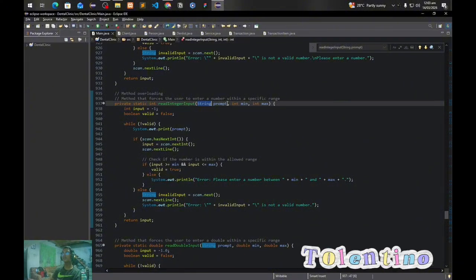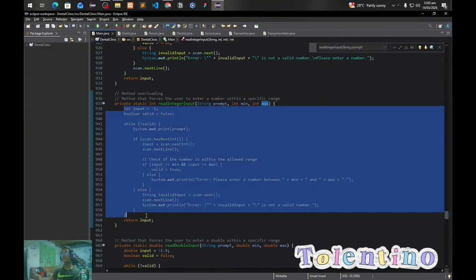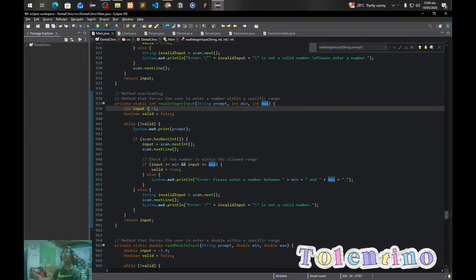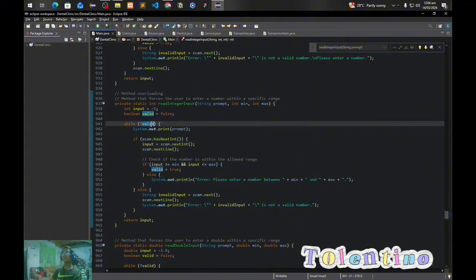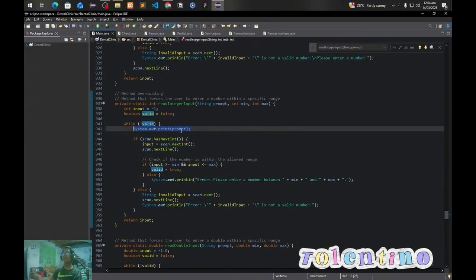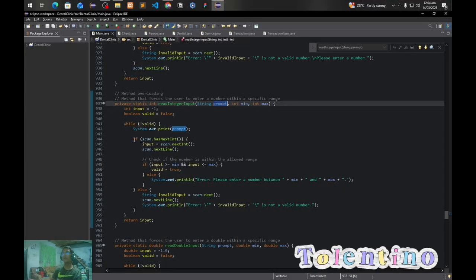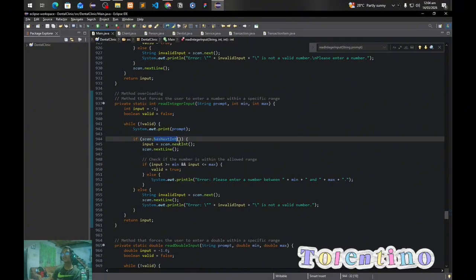which accept a string and two integer variables. So the content of this method is same as the first read integer input method. It also has an input variable that is set to -1 and the boolean valid variable that is set to false. The while loop also runs every time the valid variable is false. It also prints the value of the prompt parameter, and it also checks if the input of the user